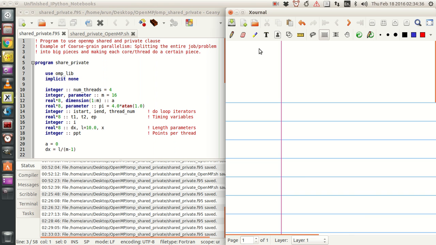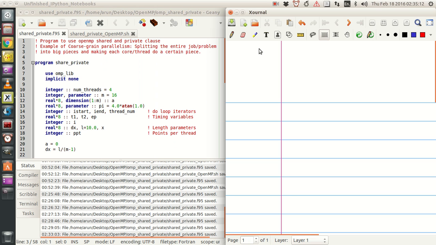This series is a series of tutorials on OpenMP implementation in Fortran. Now, in the last tutorial, we saw an example of how to do an OpenMP parallel do loop. Today, I thought of explaining two concepts, namely private and shared clauses available in parallel do loop, and I also thought of explaining a concept called coarse grain parallelism